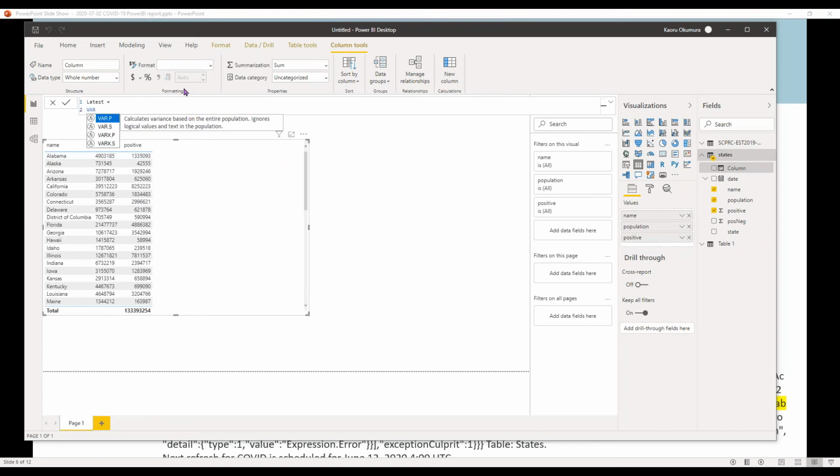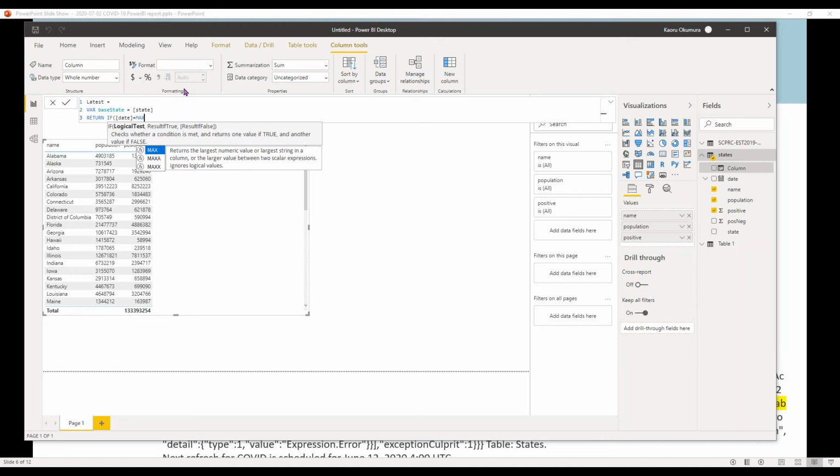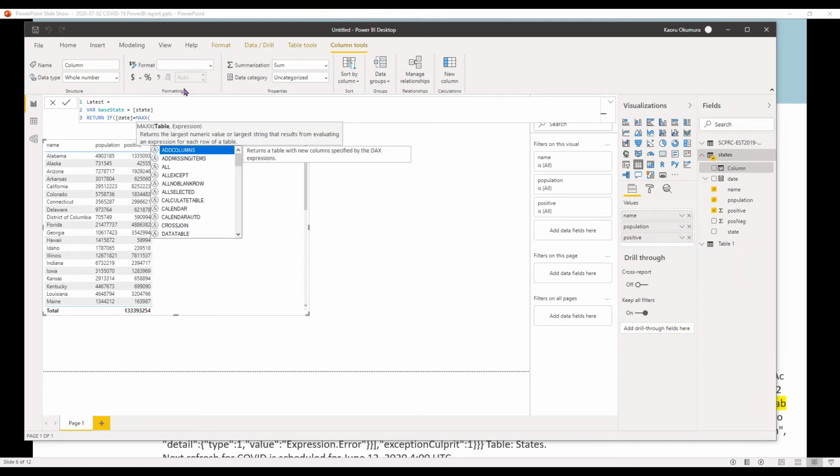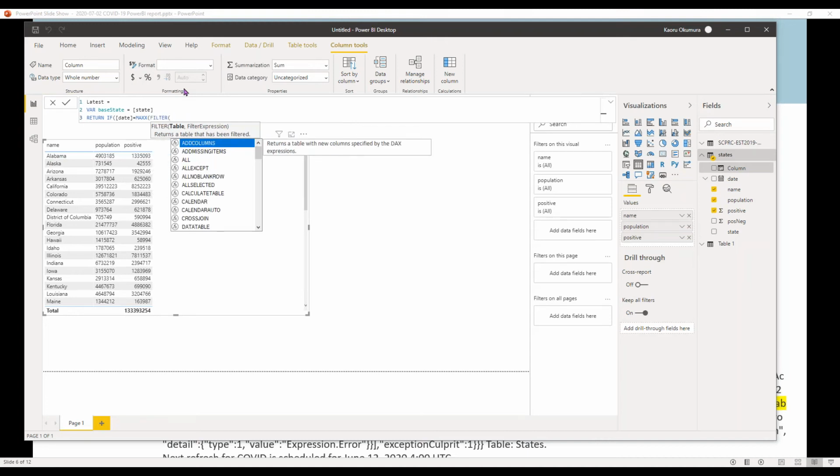now we can set a variable in this DAX format, and this is, I'd say, base state. I set the state name as the base state, and I'm going to return IF and date is max. And MAXX, you can set a filter and filter on state table,